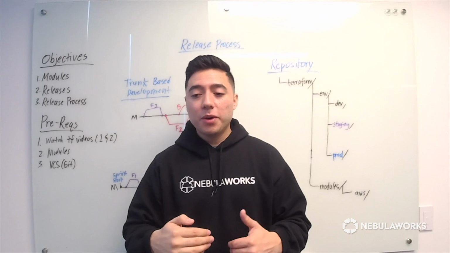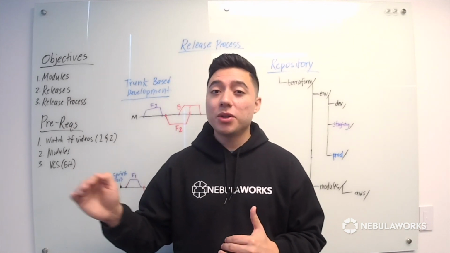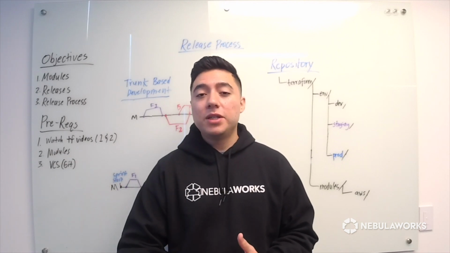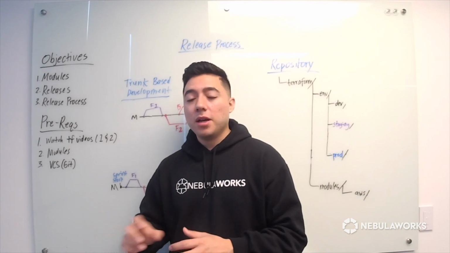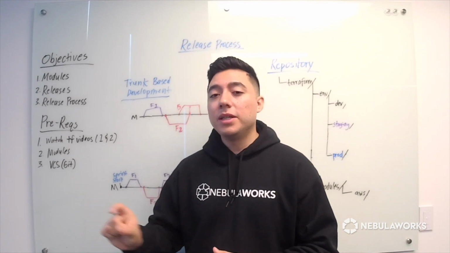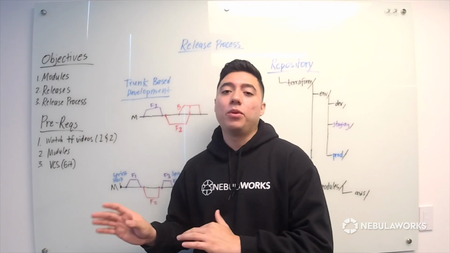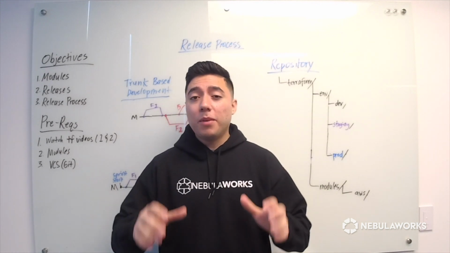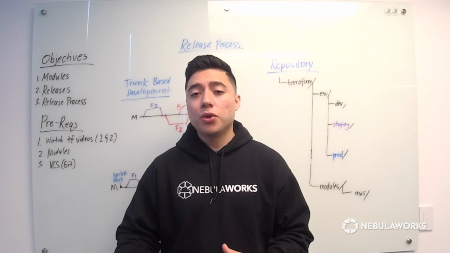But here at Nebulaworks, we don't want people to configure like 6 of those arguments, right? We want to provide default values. So what we did to enforce this is create a group module. So whoever's using this module only has the ability to configure 2 out of the 8 arguments. So that's kind of an example of an architectural pattern. Modules are super important, and they are central to the release process because